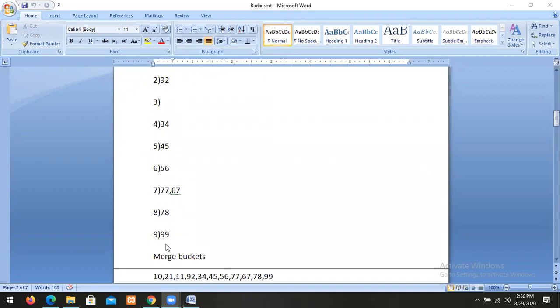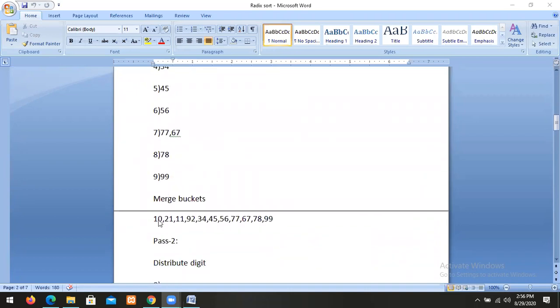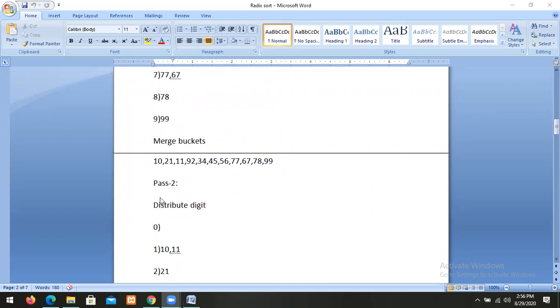After that, merge all the buckets. When we merge, the rightmost digit is sorted. Then go for next: again extract the digit, now the second rightmost digit. The second rightmost digit is 1, so we place it in the first bucket. 21, 2.